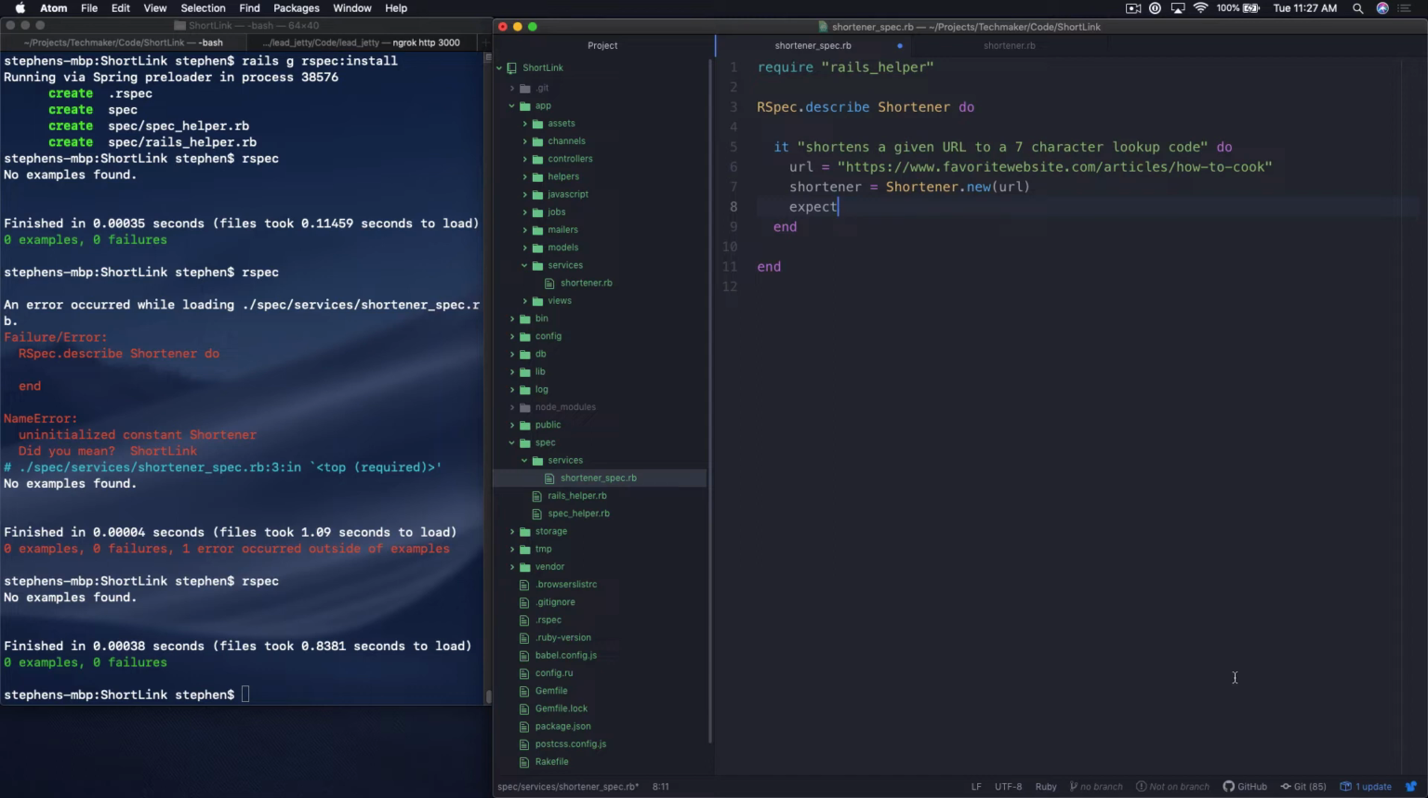Just FYI, I do have a small outline of what we're going to do here, but not all of the details. So I'm working this out as we go, and I do that on purpose because I think it's probably more useful to you that way. So if I get stuck for a second, that's why. So let's say that we want to do something like expect shortener dot, what do we call that? Lookup code dot length